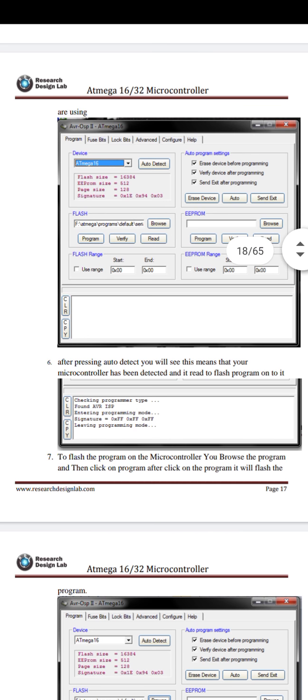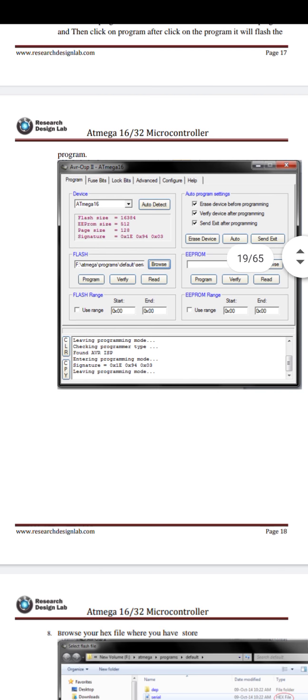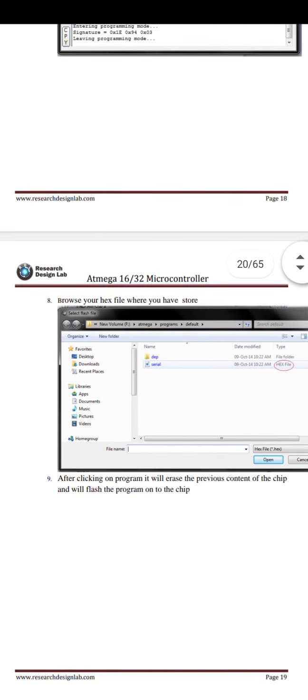To flash the program on your microcontroller, browse the program and then click on program. After clicking program, it flashes the programs. Then we open this window, that is browse your hex file and store.